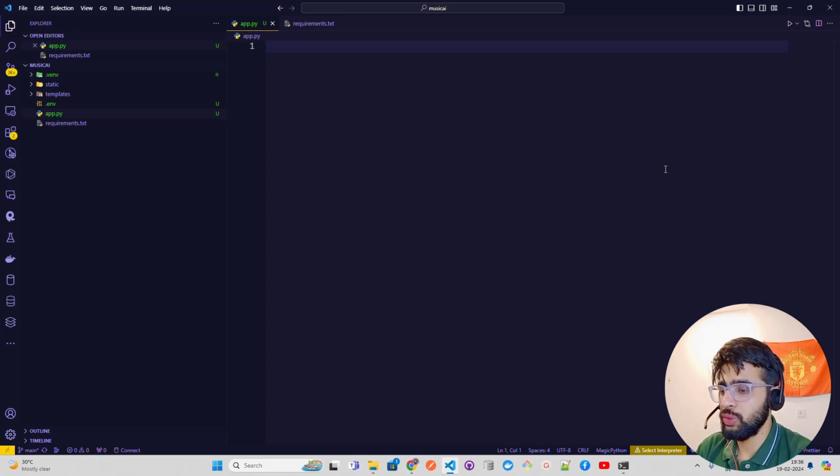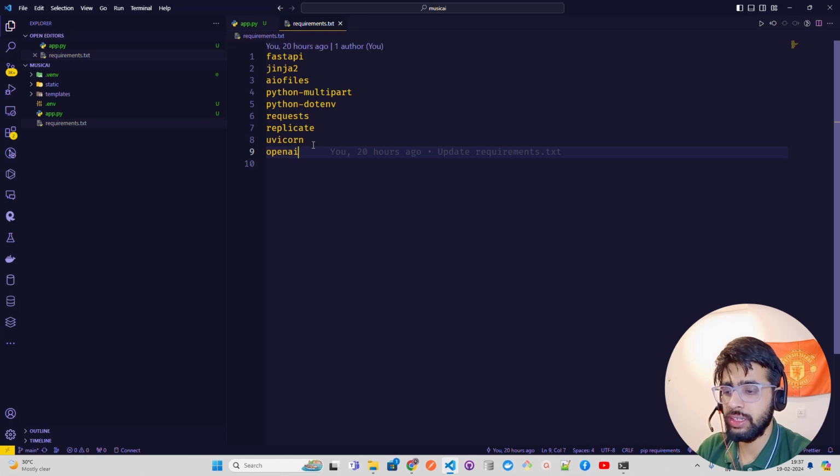All right, so to build this app, guys, the first thing that we need is a requirements.txt. You can see these are the dependencies that we need to install. We have FastAPI, which basically helps you create your backend. We're going to rely on FastAPI, which is a Python web framework to build scalable APIs in Python. We have Jinja2, which is a dependency because we're going to rely on FastAPI.